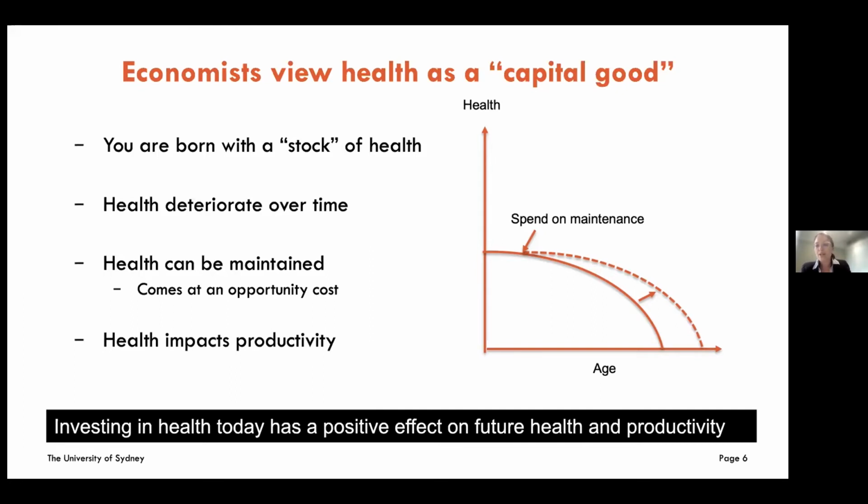So in this model, where we have a component of your time that goes towards being sick and doesn't contribute to your overall well-being, what happens is, as your health deteriorates, if you choose not to invest in keeping your health well, that amount of time that you have to spend not improving your utility, or what we call productive time, increases as you age, or increases as your health declines. And so what this means is that not only is your health today and in the future getting worse, but the time that you have to do anything that improves your utility or your overall well-being goes down.